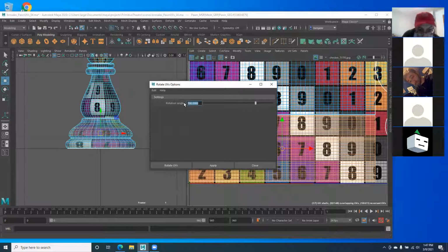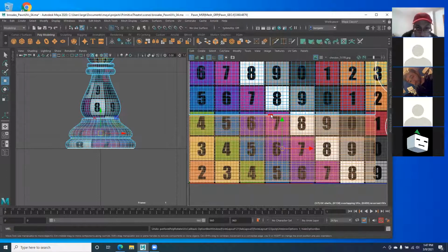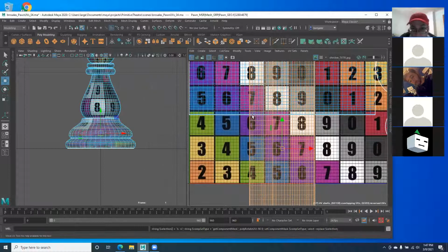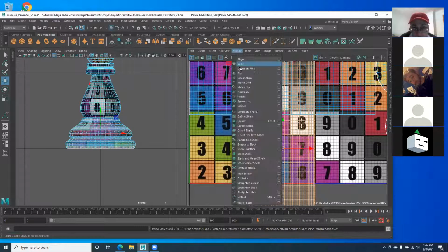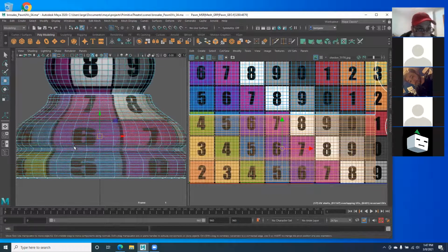You can be really specific. You can say 90 degrees. Uh-oh, that didn't work. Well, I would go ahead and just select it and say modify. So I just double clicked on it. I was missing a selection when I did that rotation. That's why it didn't work. So rotate 90 degrees. And then if I rotate it 90 degrees again, now my number should be in the